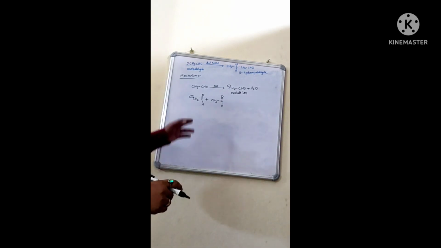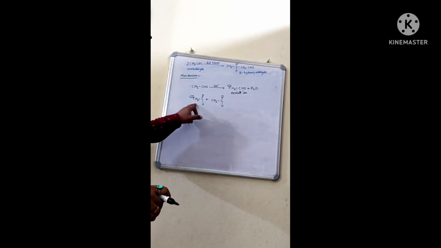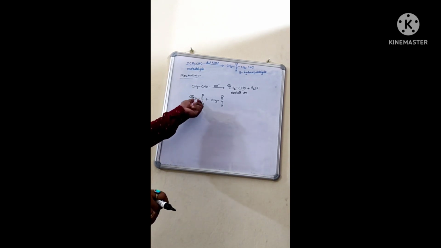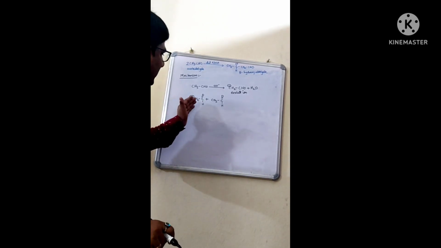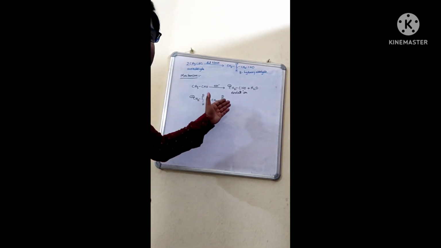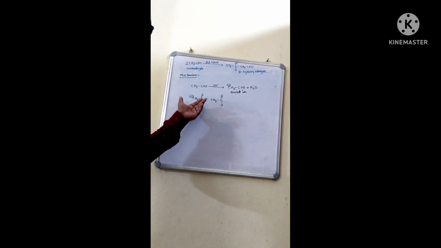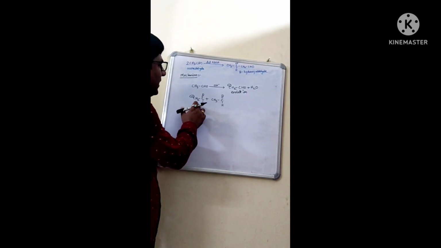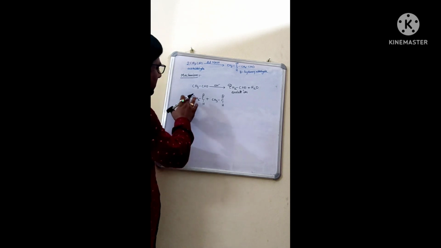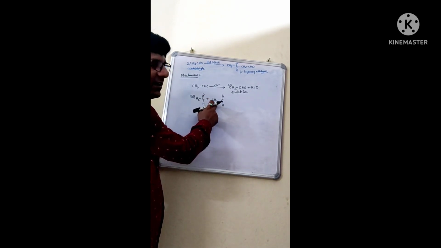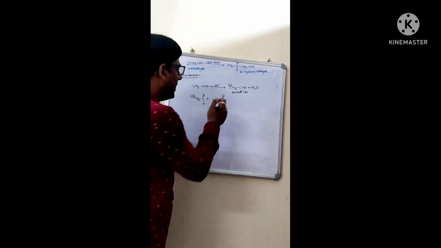Now what will happen? See, this is the nucleophile, you can see. Carbon has a negative charge. It is a carbanion, so it will act as a nucleophile. You know the basics of organic chemistry, that the nucleophile always goes for the electrophile, and the electrophile always goes for the nucleophile. So already we have developed the nucleophilic center, we need the electrophile so that it can make a bond with it. Now in this fresh molecule of acetaldehyde, here we can generate the electrophile.